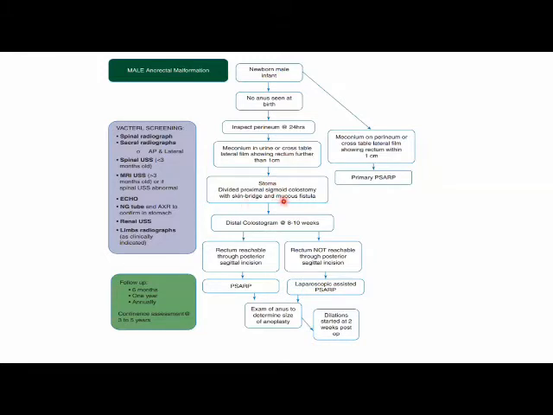And this is just a guideline regarding how to go through with a neonatal case of ARM. And you will do a stoma. And after doing the stoma, you can go ahead with a distal cologram at around 8 to 10 weeks of time. And this is not just a simple distal cologram, it is an augmented distal cologram,